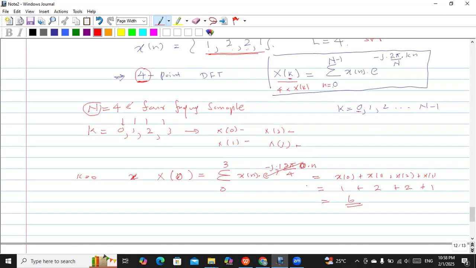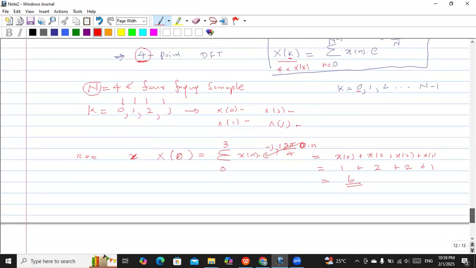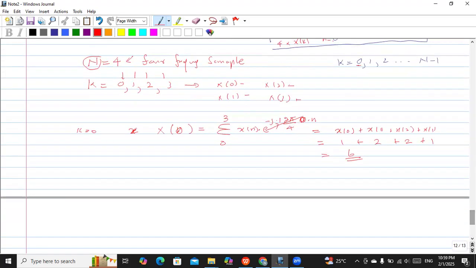Okay, because you are multiplying this by e to the power minus j, the frequency sample can be complex also. Okay, the frequency value sometimes can be complex. Okay, and if we consider when k is equal to 1, again you need to